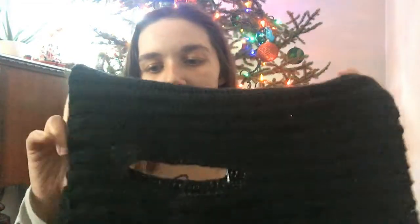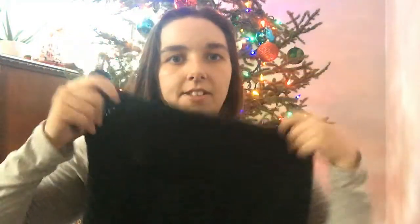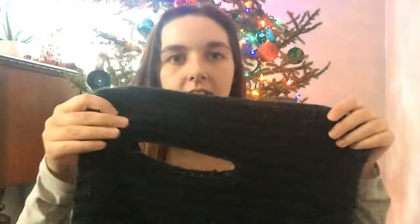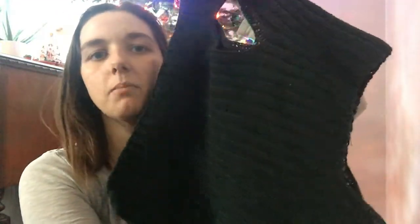For this pattern, it's just something that I made up. It is just double crochet in the back loop only. I just have it folded in half here, so just get it lined up. This would go across his chest right here, and then there's the 2 armholes because it is folded in back. And here's the back pieces, and then I do have it longer to go around his back and his hips. And then on the one side here,